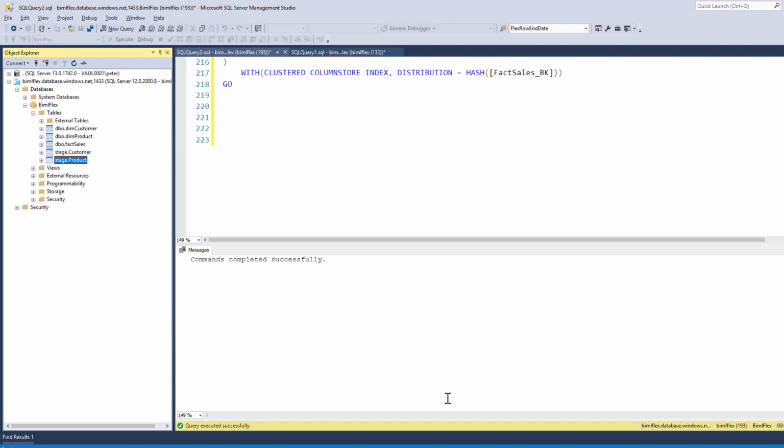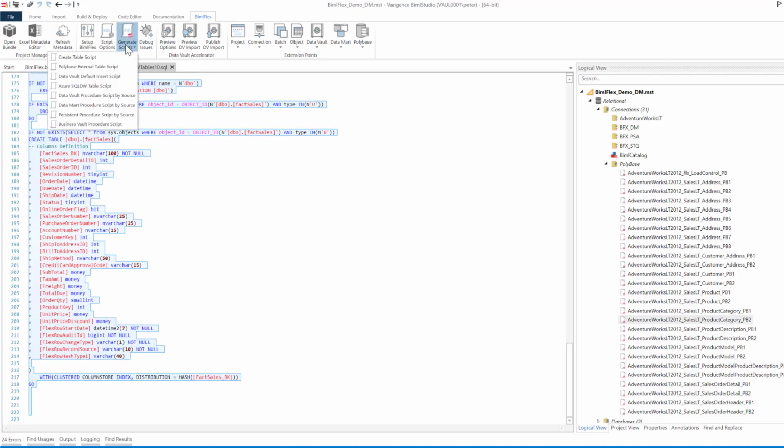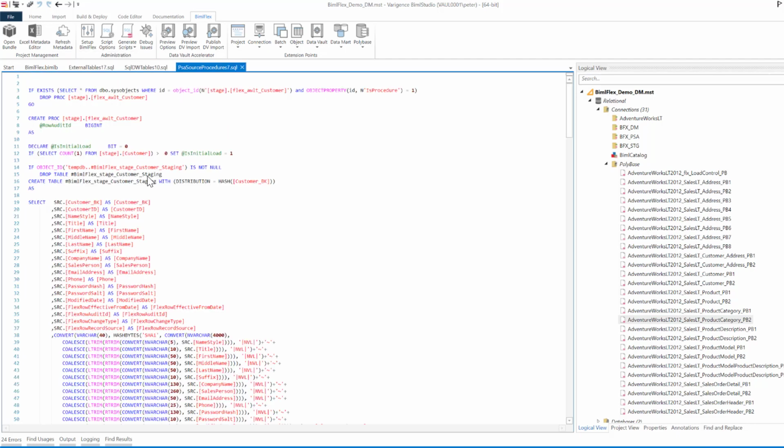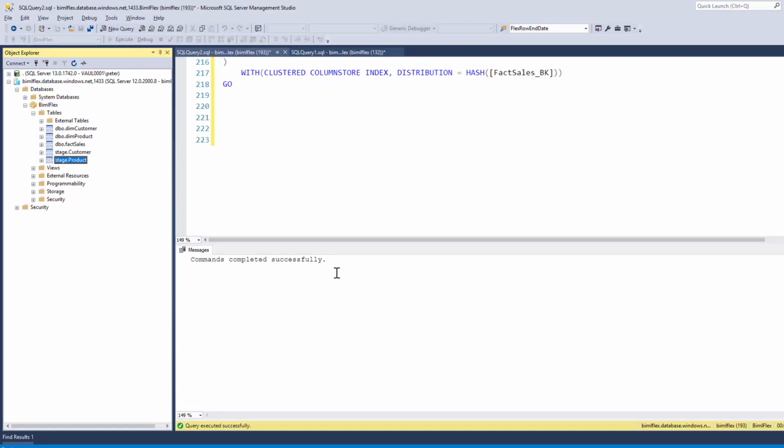So I've created my tables now. The next thing I want to do is grab my persistent procedure script. This is the stuff that's going to load from my staging layer, or my blob storage, and load it just into a staging table. And this is important because what you want to do here,